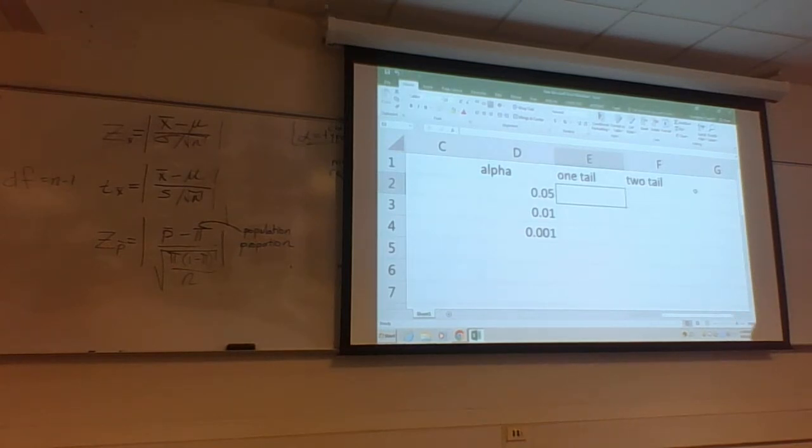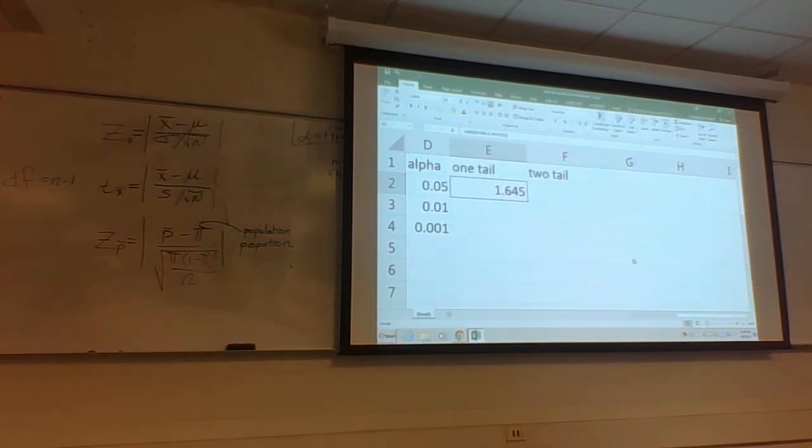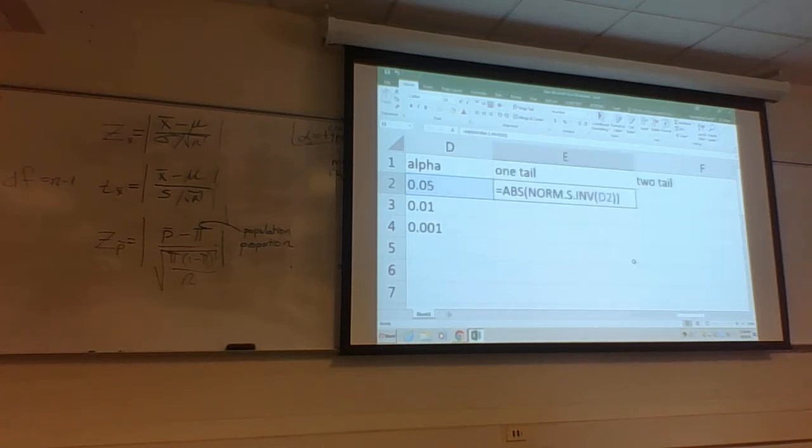Let me show you the equation for it, and I'll unpack it for you. It's easier just to show it to you, and then you work with it. I'm going to go over this and show you the equation. Note that when I did that, I got 1.645, which is our standard for one tail test and 95%